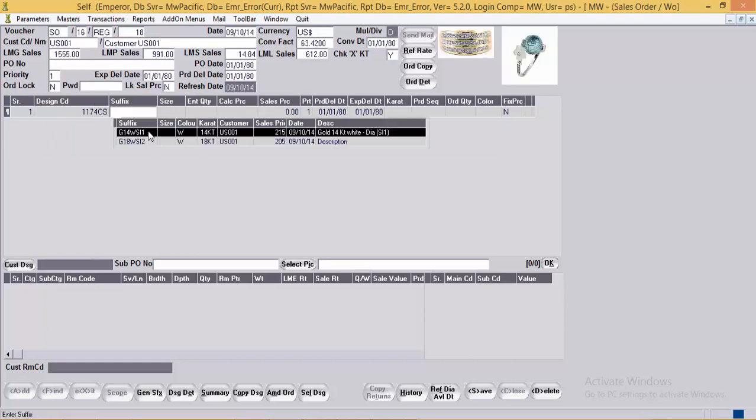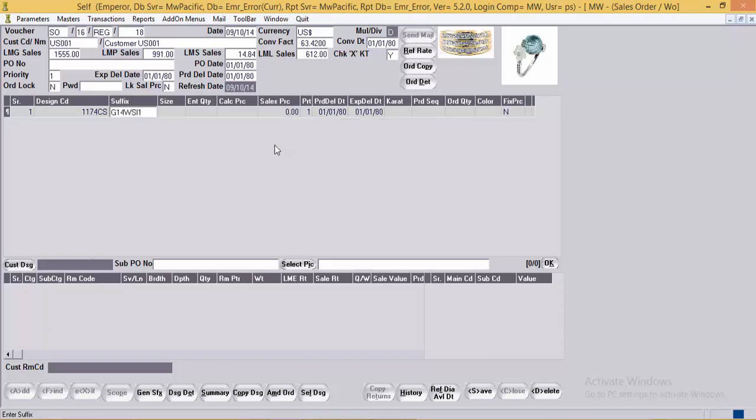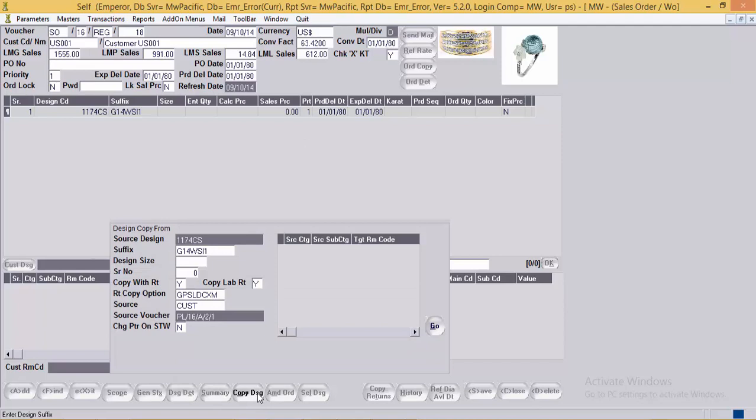Here when we press F2, that is help, in the suffix column we get the list of 2 suffixes and the price for each. Now the user can select the required suffix and click on copy design.